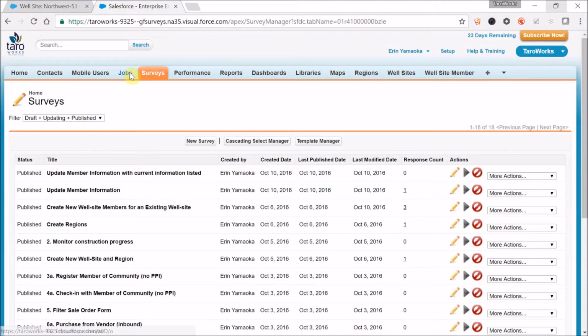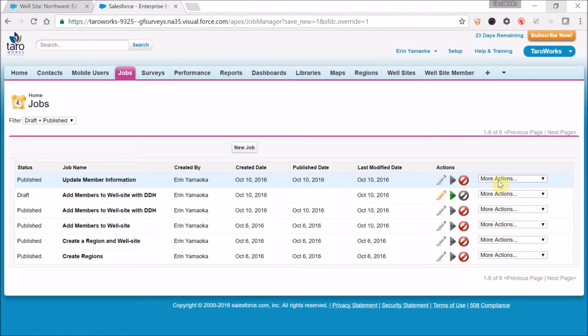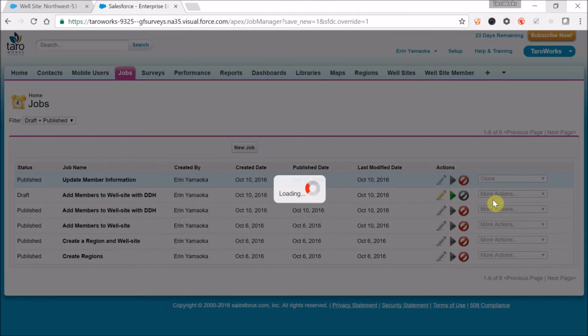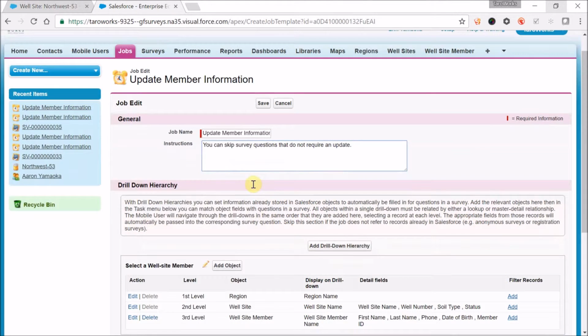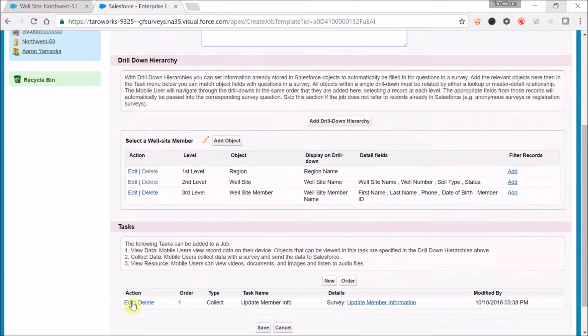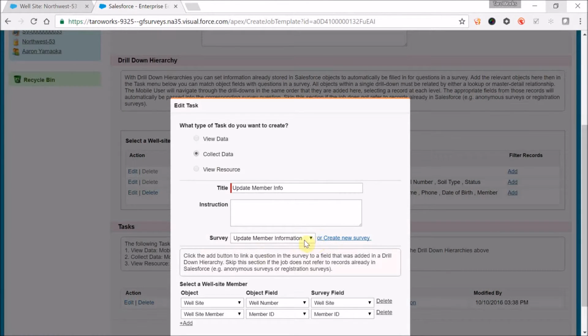We'll go to the job and clone the job that we had previously. We'll call it Update Information 2. And for the well site, we're going to pull in the well number to use as a reference. And for the well site member, we're going to pull in the first name, last name, and phone number as well using task mapping. So we're going to go back to our task,